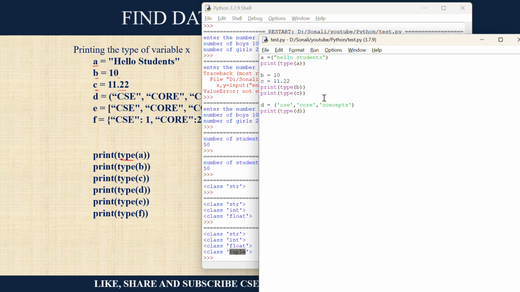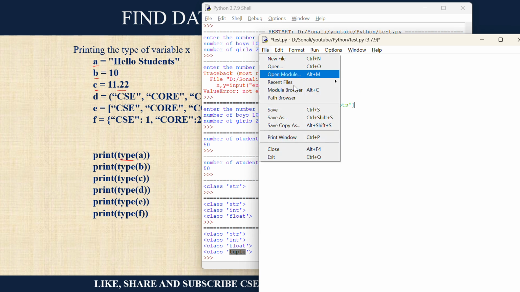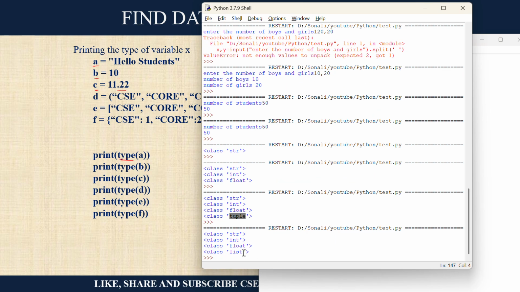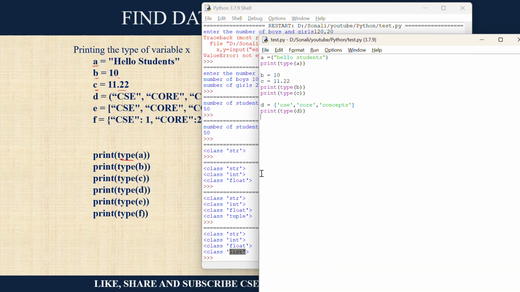Then let's say I am replacing this with a square bracket, that's the only difference I am making. So I am making it a square bracket. So it is of type list, right? Where you have arrays, here you have list, right? And another difference is there. You can see the third one.